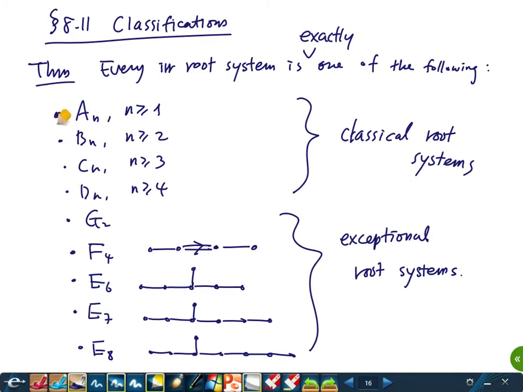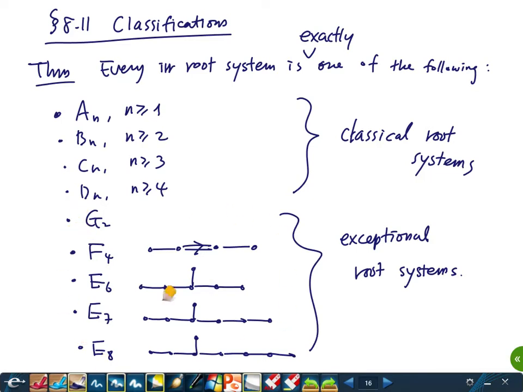You can prove the type A case because we have an explicit description of type A_n with these roots. You prove this for type A_n, B_n, C_n, D_n. And what about these exceptional root systems? It'll be very tedious, but